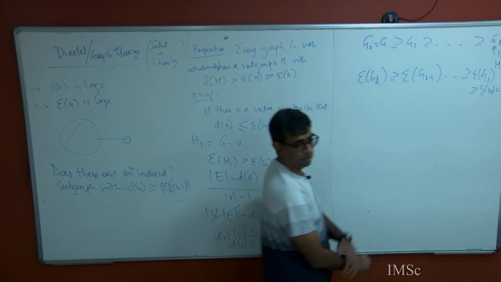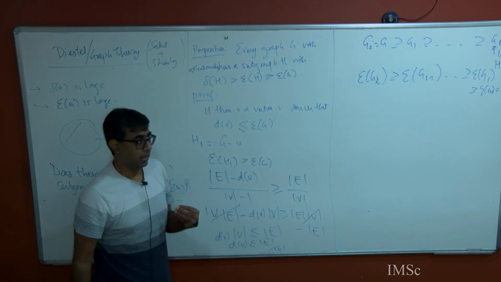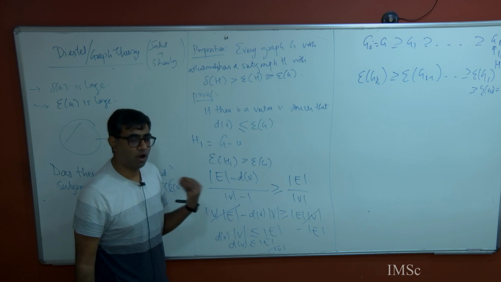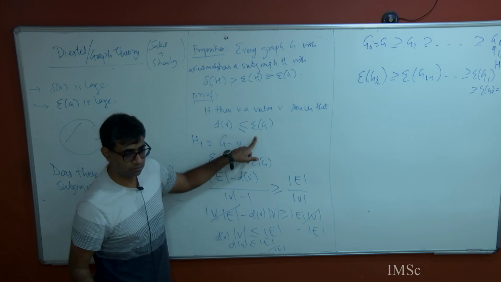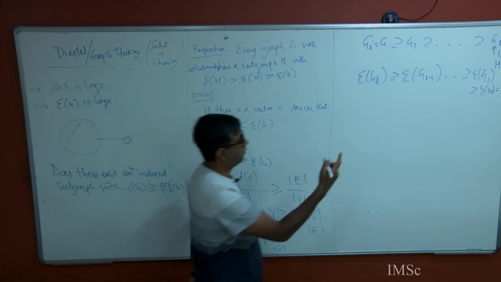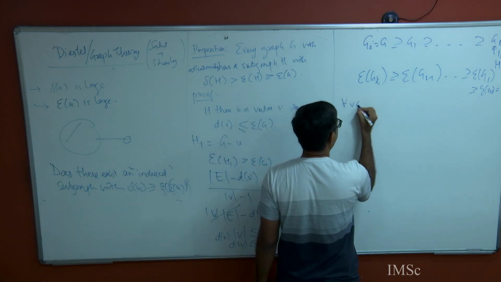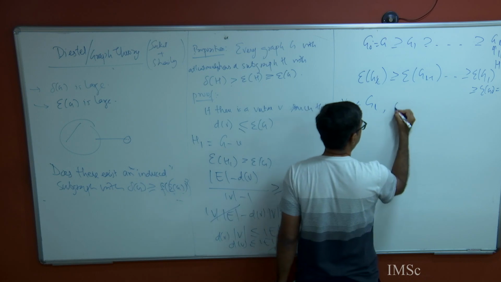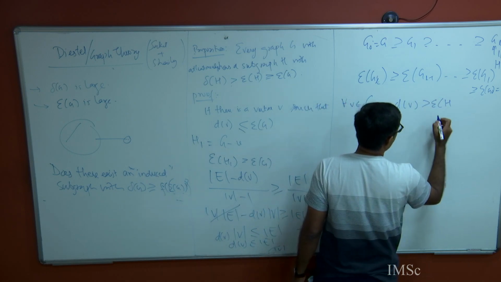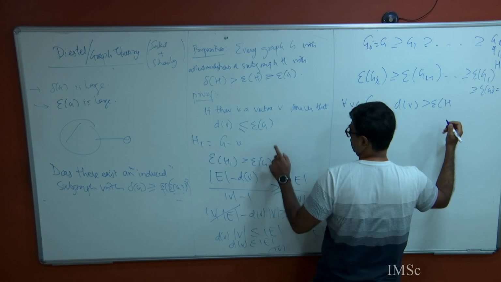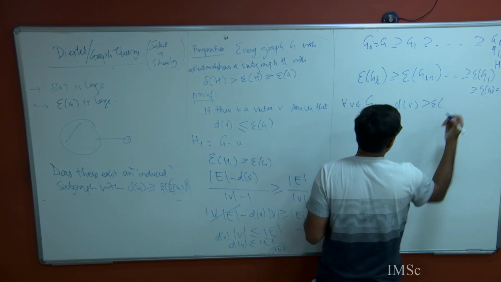Right? So this inequality holds, right? And why did you stop at G_L? You stopped at G_L because there is no more any vertex of degree less than or equal to this, right? So what is the property of L then? For every v in G_L, degree of v is greater than or equal to epsilon. In fact,